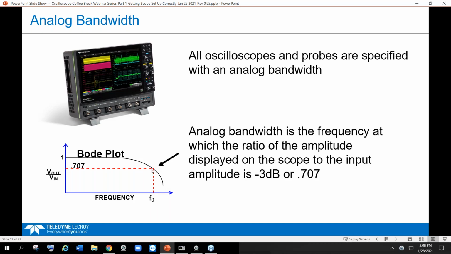When we reach 3 dB down, or 0.707 of its amplitude, that is where scopes are specified, at that 3 dB point, or 70% of the actual 1 volt amplitude. So that will give us a lower amplitude. We'll see the signal fine, and the trigger circuit will be fine, but we'll have a roll-off. How this rolls off is also a subject for today, because you do still have frequencies out here beyond the bandwidth of the scope,